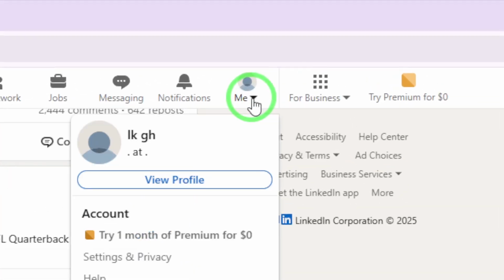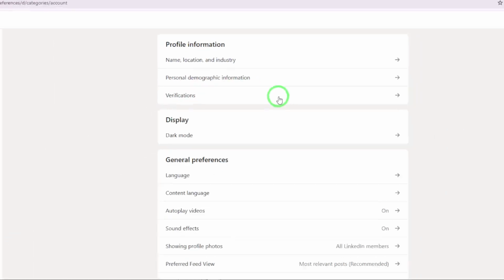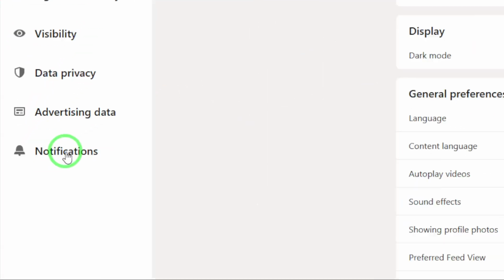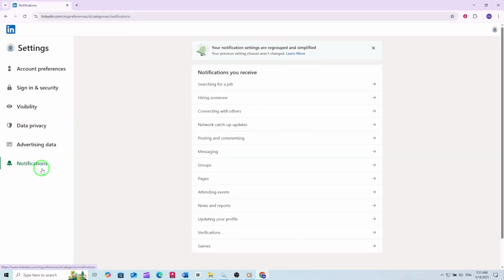From the drop-down, select Settings and Privacy. This will take you to your account settings, where you can control various aspects of your LinkedIn experience. On the left side of the settings page, find and click on Notifications. This section is where you manage all types of notifications you receive from LinkedIn, including push notifications, emails, and in-app